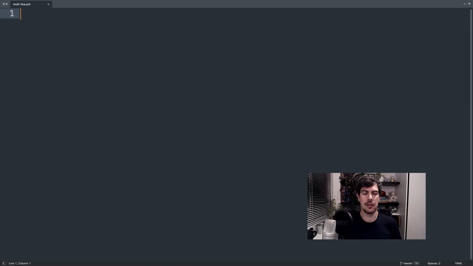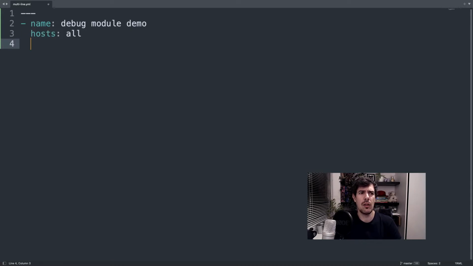Welcome to my editor. I will show you the literal and the fold operator with a simple playbook. So, as usual, let's start with three dashes as a YAML document, and let's start with name. That is the name of my play. So debug module demo, and that is going to target hosts all of my inventory, and some variables. So variable 1, as we see in our example presentation, will be